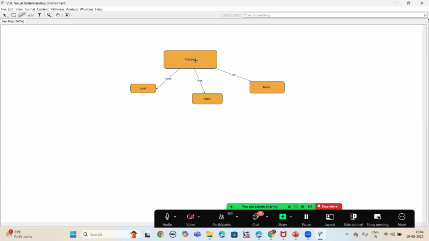So you can see I have just drawn the pollution node here, and I'm trying to explain the types of pollution. Now, if I want to explain what the causes of pollution are, then I again have to draw another connecting line, or I can draw a node here.